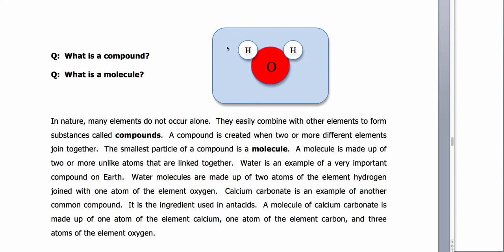And this is basically an oxygen atom that has two hydrogen atoms bonded to it, or connected to it. But in science we say bonded. And so this is a special type of particle because the two hydrogen atoms are bonded to this oxygen atom, and they don't want to let go. And the oxygen atom doesn't want to let them go. So this particle kind of stays all together like a